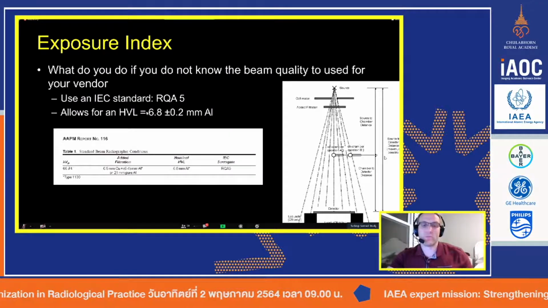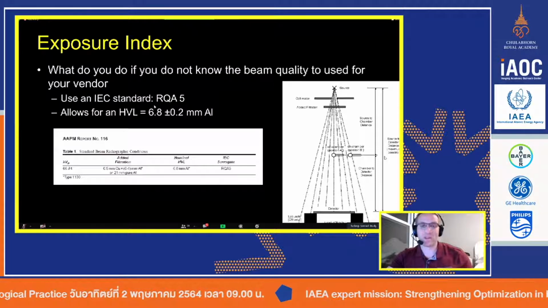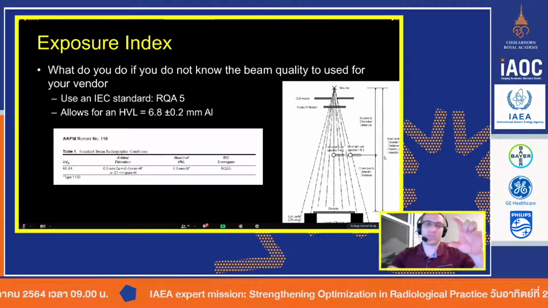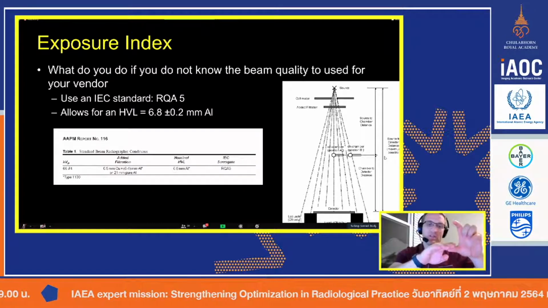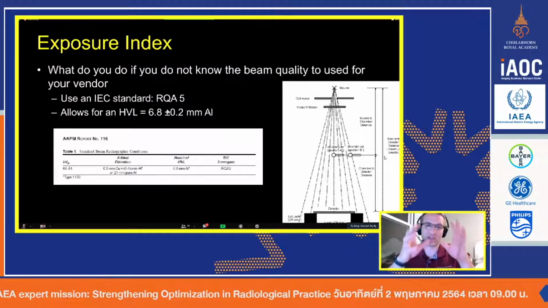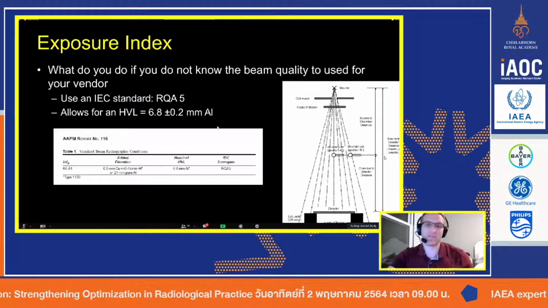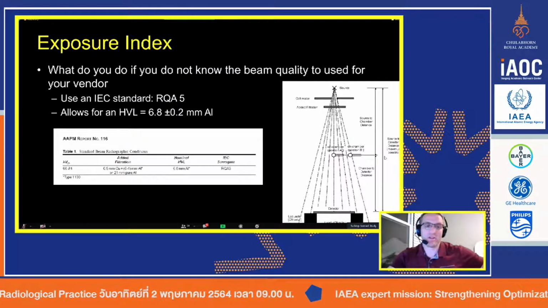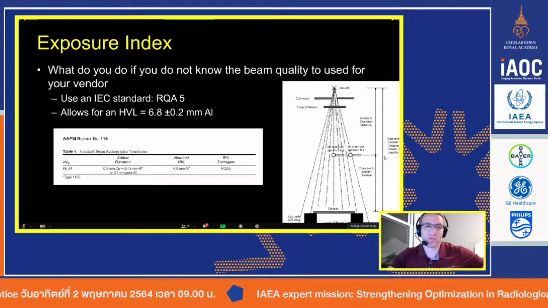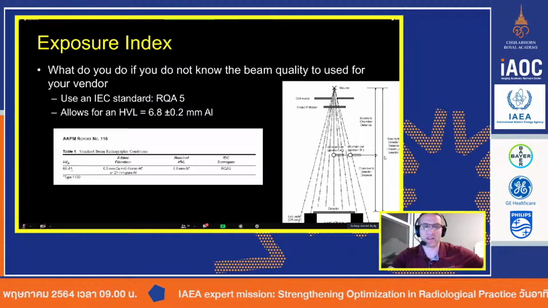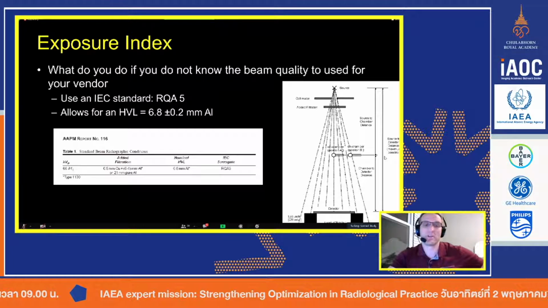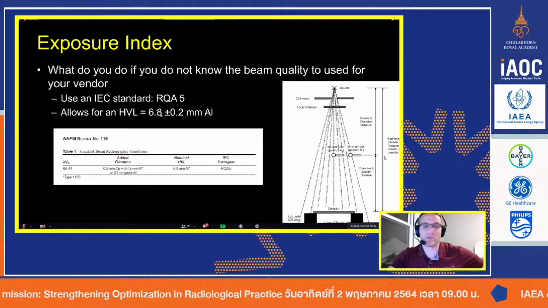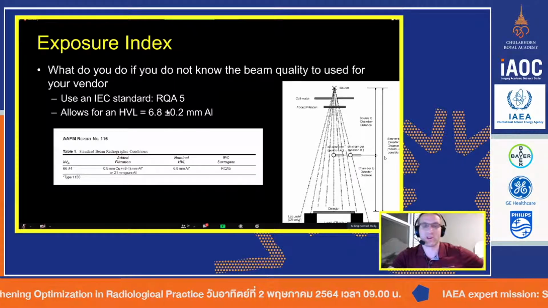And now, what most people don't say in that Excel spreadsheet: all the vendors, when they're setting up those specific filter combinations with kVs, are basically establishing an RQA5 like beam spectrum. In fact, if you look here, there can be anywhere between 66 up to 74 kV. It's not a kV-particular measurement. The end goal would be a half value layer that's basically 6.8 millimeters of aluminum